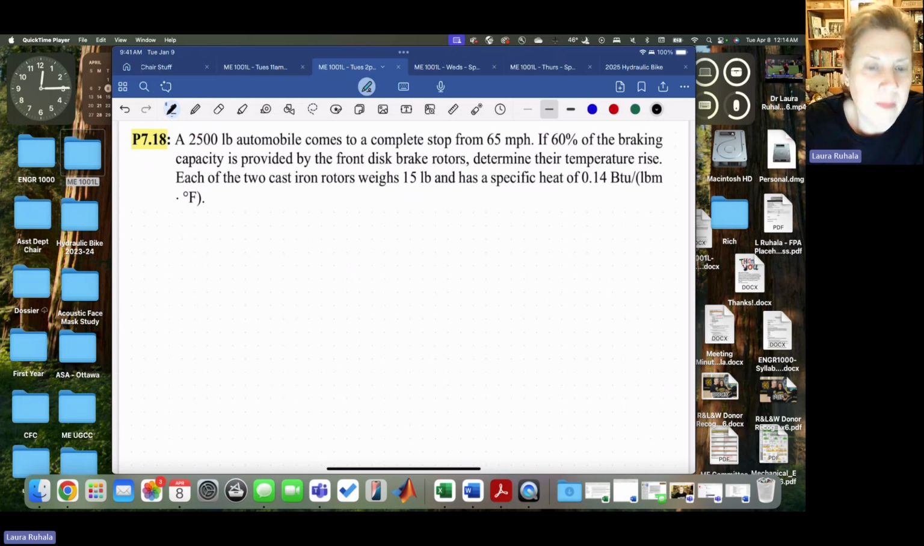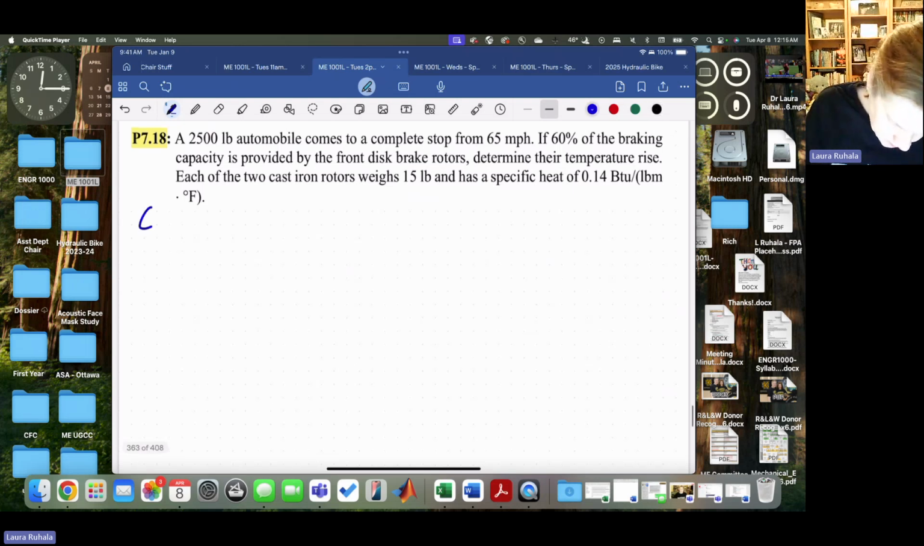So we know that they're made of cast iron. There's going to be two cast iron rotors, and they weigh 15 pounds, and they have a specific heat of 0.14 BTU per pound mass degree Fahrenheit. All right, so lots of given information here. So given,